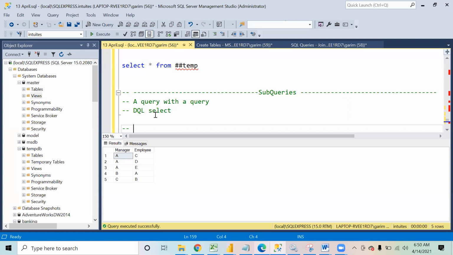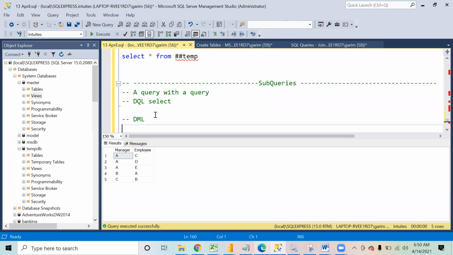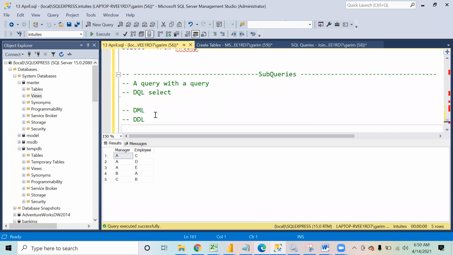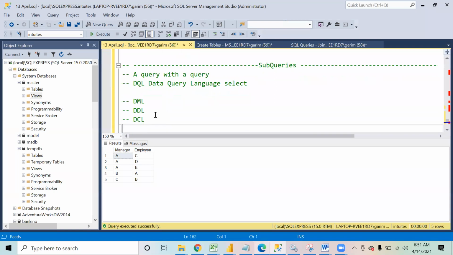We talked about DML commands, DDL commands, and DCL commands. DQL stands for data query language. In data query language, we just have one single command with us, and that is select.